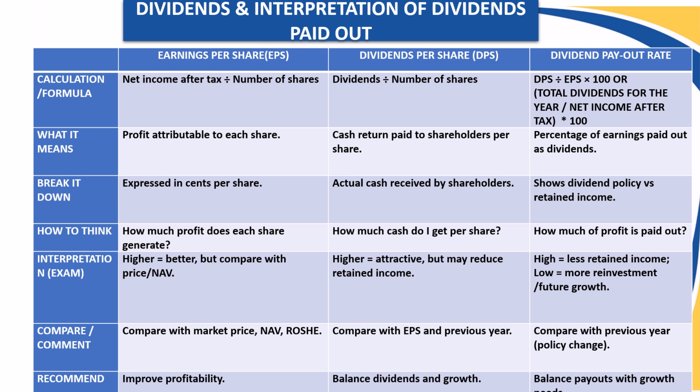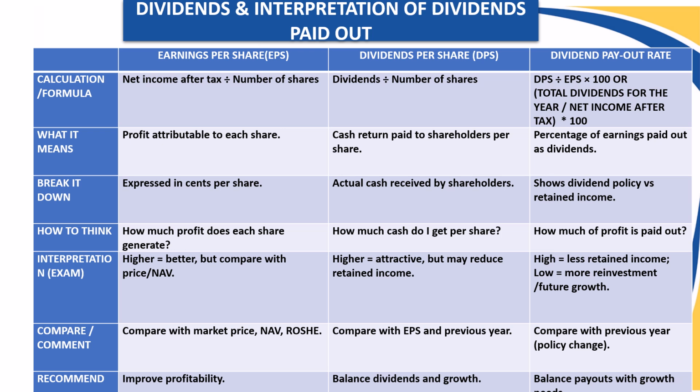Now, what's important for the shareholders, they want to know what's the percentage of the available profit that's paid out to them, and what's the percentage of the available profit that the company kept back. So that we call dividend payout rate. And remember, a rate is a percentage. Therefore, we will multiply by 100.